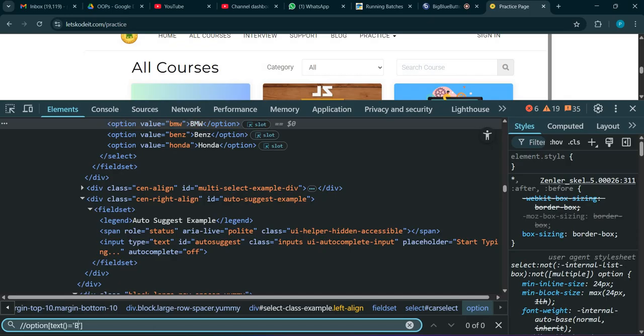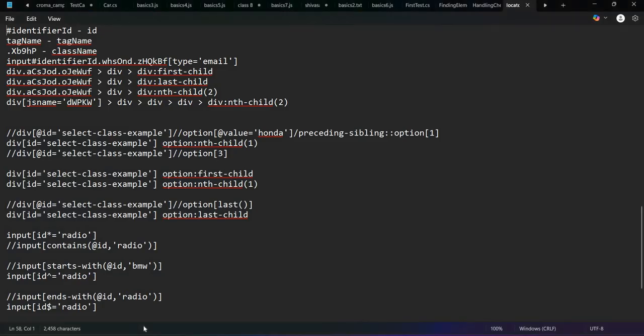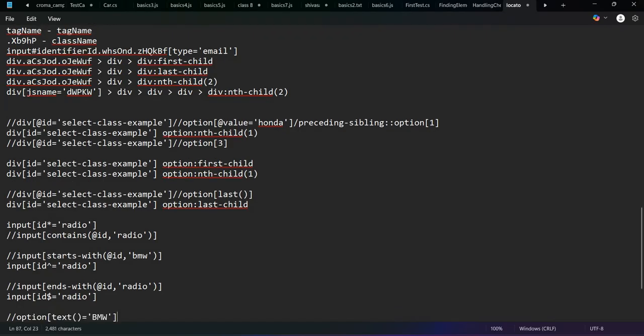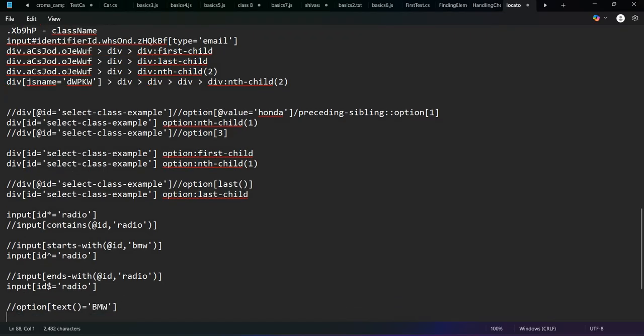So this will give you this element which contains the text, which has the text BMW. But if you want to write an XPath which says that a text contains a few words or a few letters, you don't want to match the entire text,